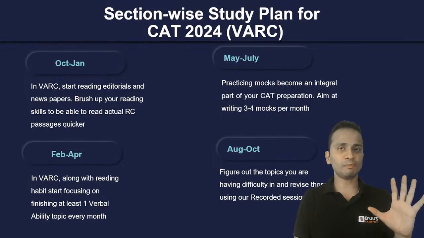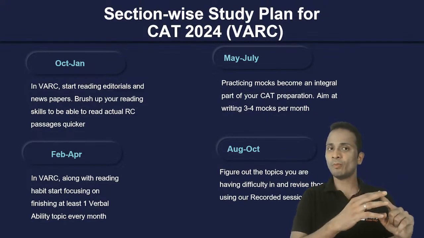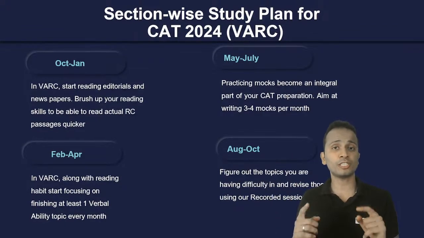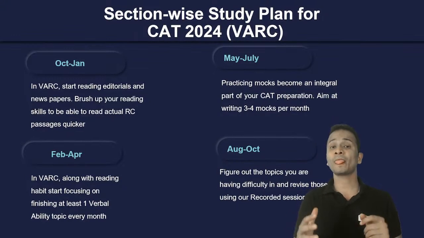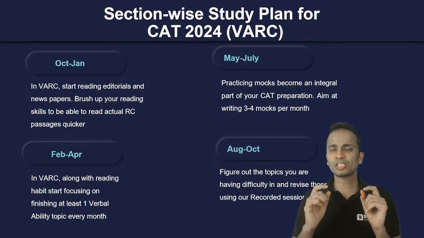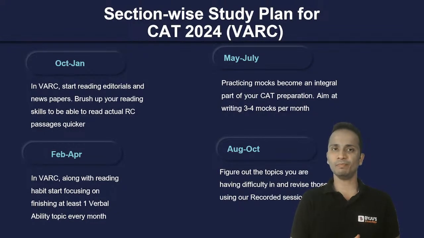So in the initial part of this session, we have discussed VARC, reading comprehension and then verbal ability. There were three types of questions that came in last year's CAT paper from verbal ability. What were these? Para jumbles, para summary, para completions, right? So start working on one area at a time in every month.